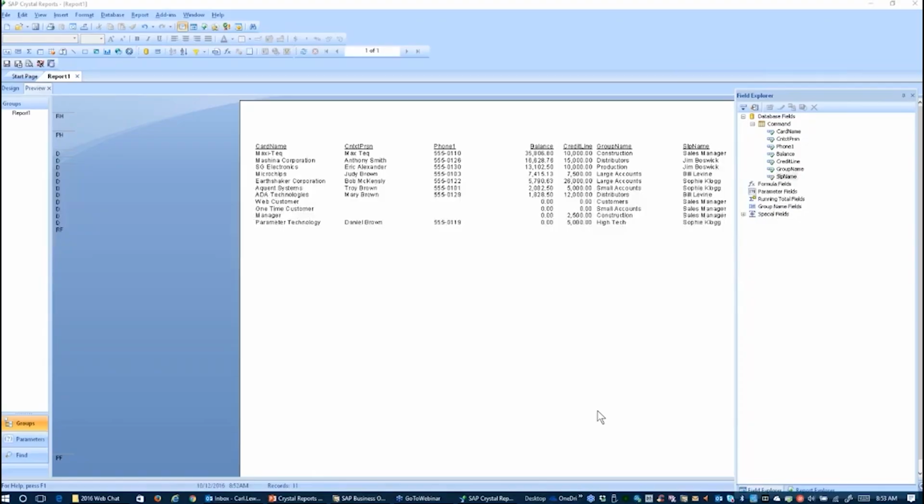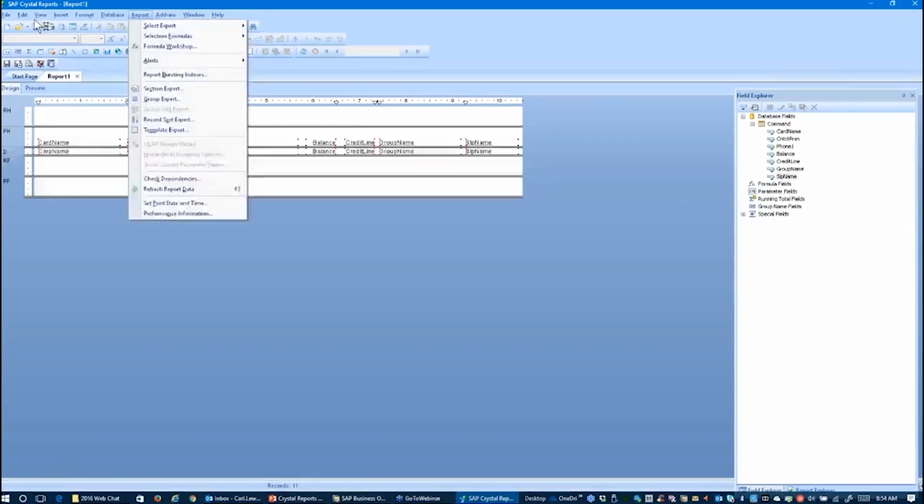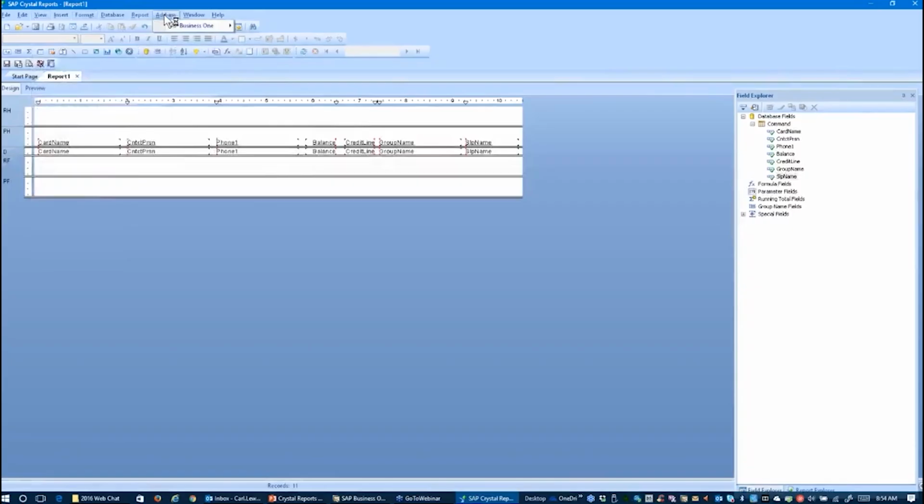Once the report has been saved in SAP Business One, anyone can run the report inside of SAP Business One. So let me give you a very quick explanation for that and show you how it's done. So all you have to do to save a report in Business One is, remember I mentioned to you at the outset, there's a little thing called the add-ins. So if the Crystal Report add-in for Business One has been installed, right, it's subsequent to installing SAP Business One, then Crystal Reports Designer, and then the add-in gets installed for Crystal Reports, then that menu shows up right here in